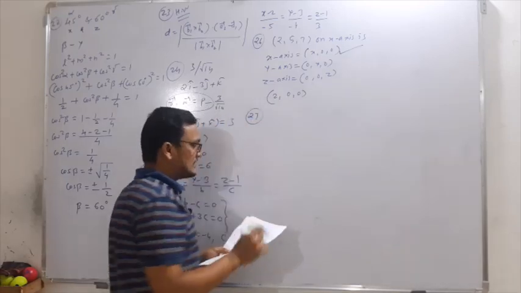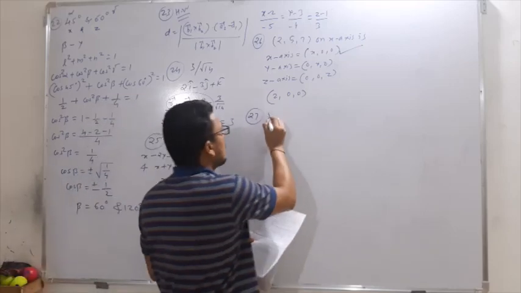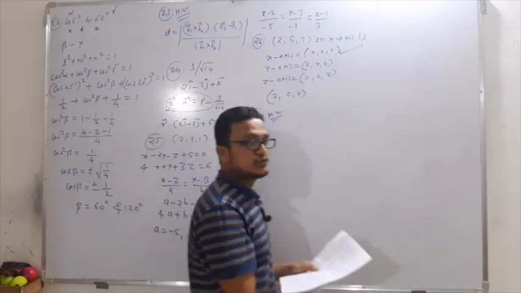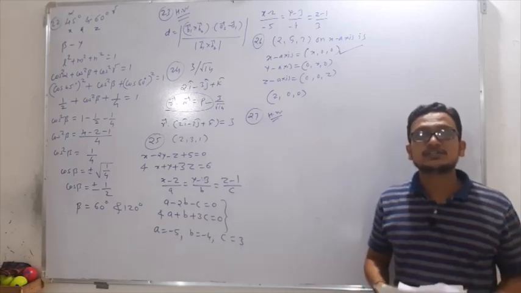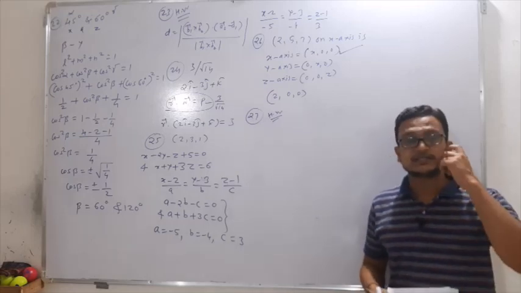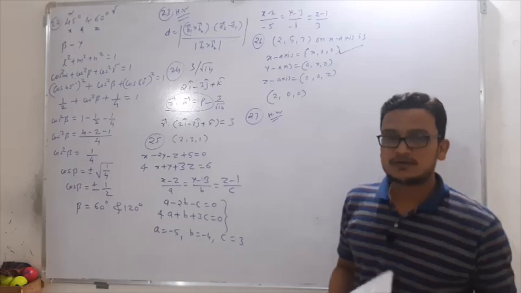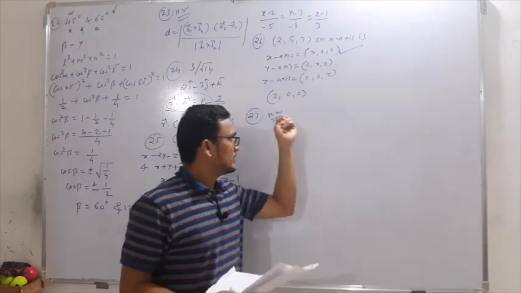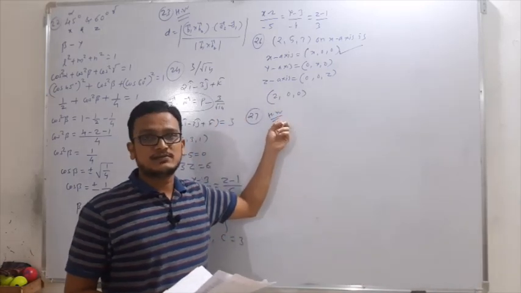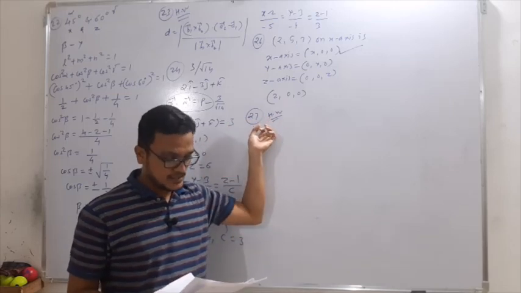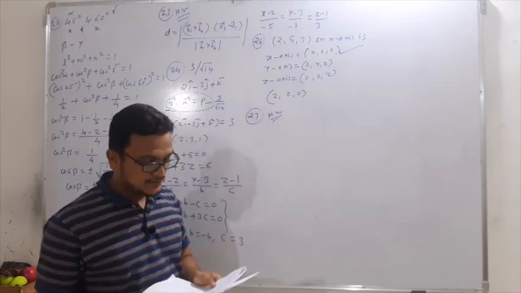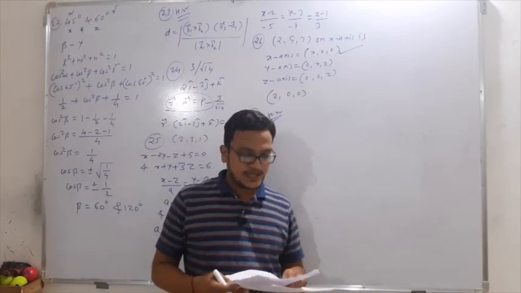Next, question number 27. Again this will be for homework, you have to work it out. In three-dimensional geometry, based on the intersection of planes, I think we have solved a 3-mark question. So the 3-mark question only we have to simplify here. That means that concept you have to use and simplify this, so that you work it out. The next question, number 28.